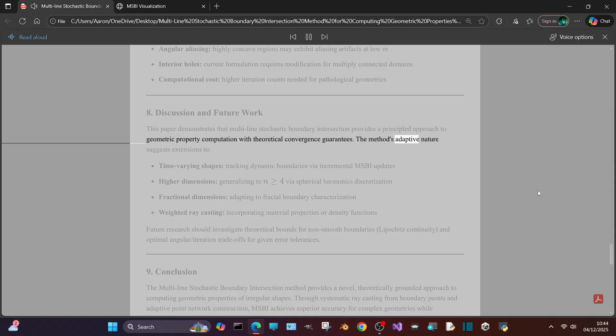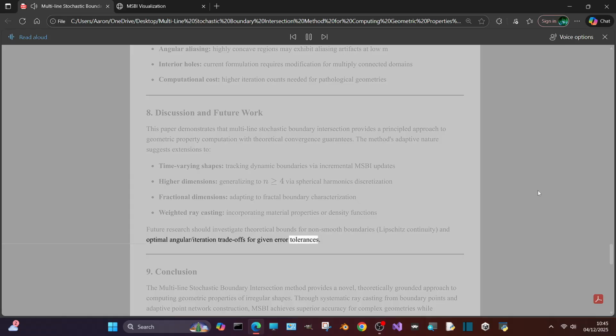The method's adaptive nature suggests extensions to time-varying shapes, tracking dynamic boundaries via incremental MSBI updates; higher dimensions, generalizing to spherical harmonics discretization; fractional dimensions, adapting to fractal boundary characterization; and weighted ray casting, incorporating material properties or density functions. Future research should investigate theoretical bounds for non-smooth boundaries, Lipschitz continuity, and optimal angular per iteration trade-offs for given error